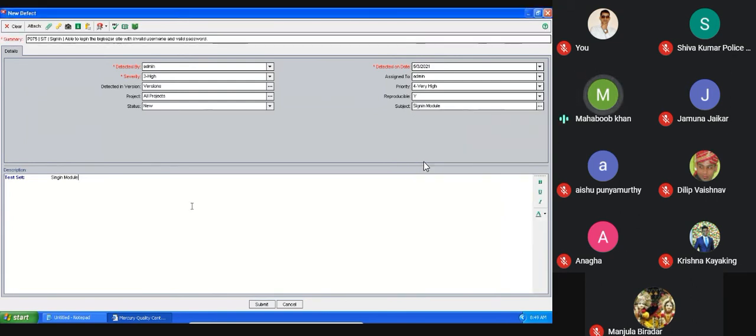Now this description is very important, guys. Steps to reproduce is very, very important. In which environment did you test? INT. Developer, in which environment does he need to reproduce? Dev machine. So if you have not specified the steps, he couldn't reproduce that. If he is not able to reproduce, again he will ask questions to you. So that's the reason, provide proper steps. Launch the Mozilla Firefox.